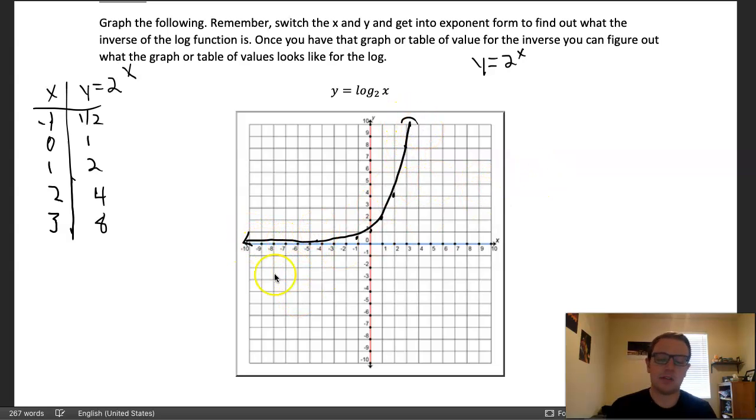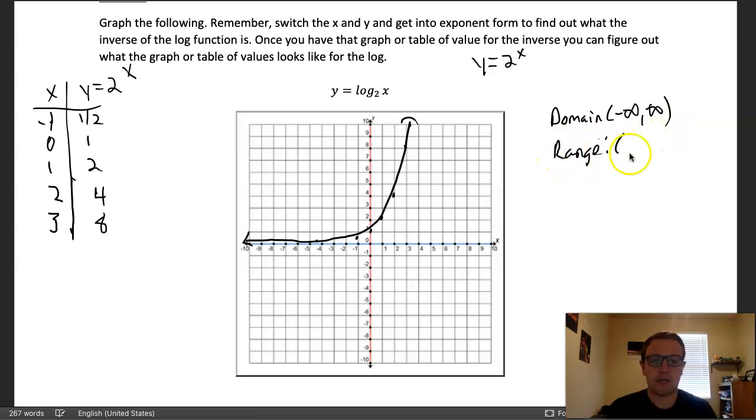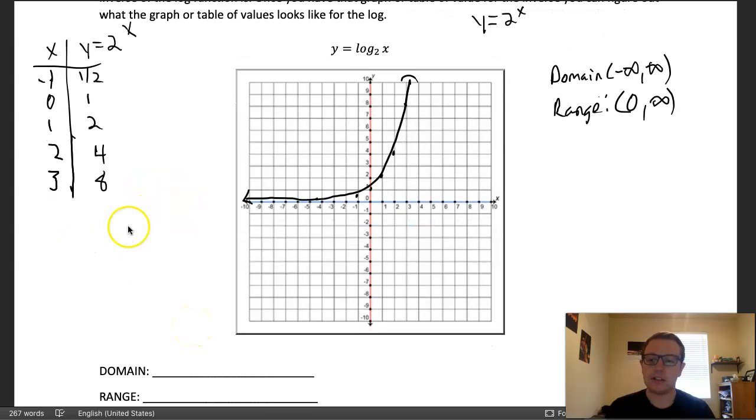And our domain and range for this: domain, or our x values, goes all the way to the left and right. So our domain is -infinity to +infinity. Our range, or the y values, again, we have an asymptote at y is equal to 0. So it never actually hits 0, it just gets super close, and it goes all the way up to infinity. Our flipped values are going to be our inverse function, which is the logarithm,